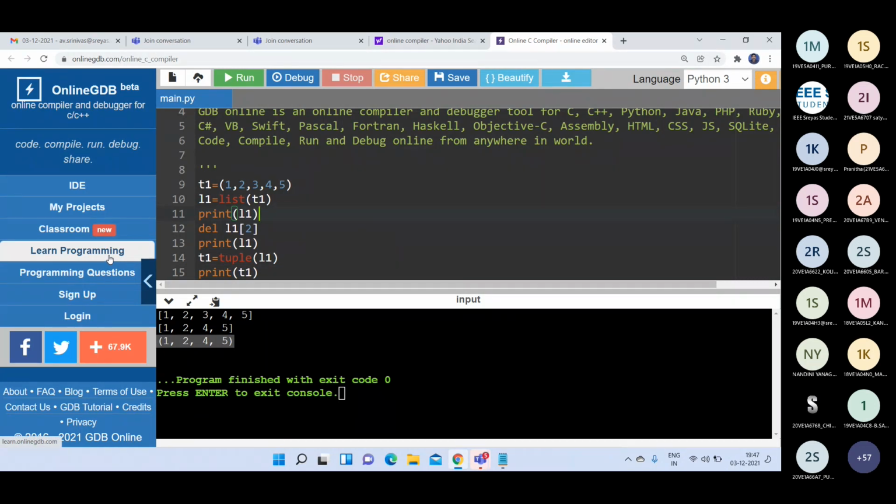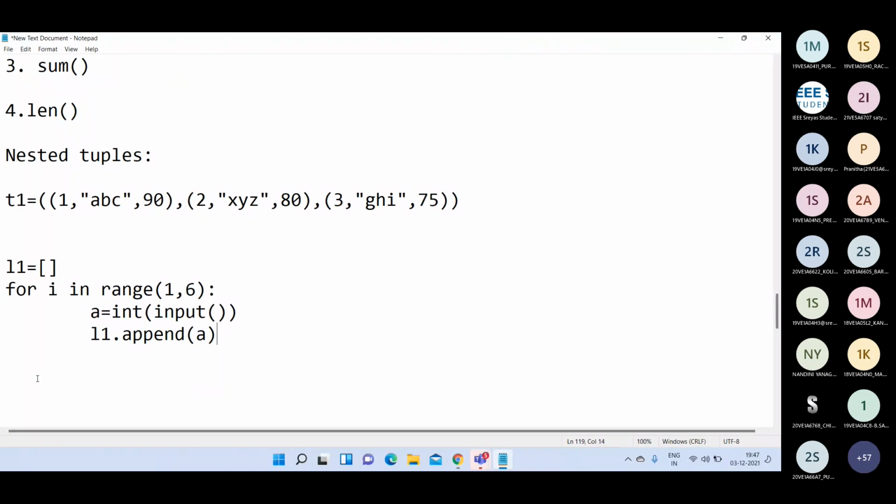So directly it is not possible to modify the tuple values, but you can convert the tuple into a list, and then you can do some operations on the list, and again you can convert the list into a tuple. Okay, that is possible. Okay, are you getting? Hello.